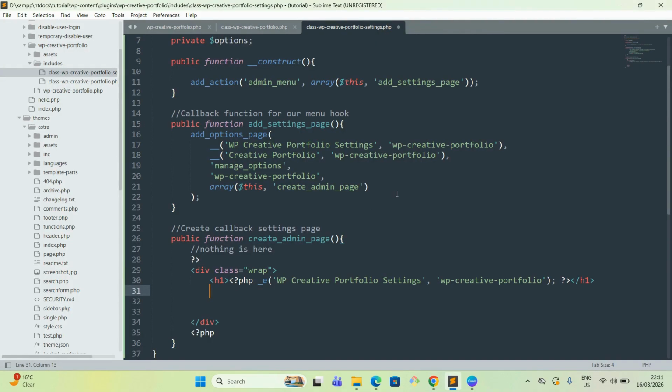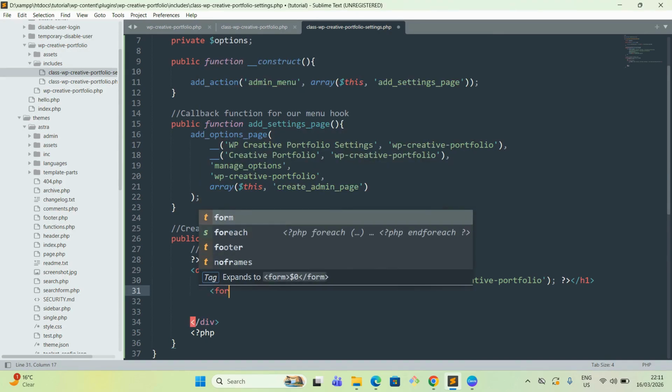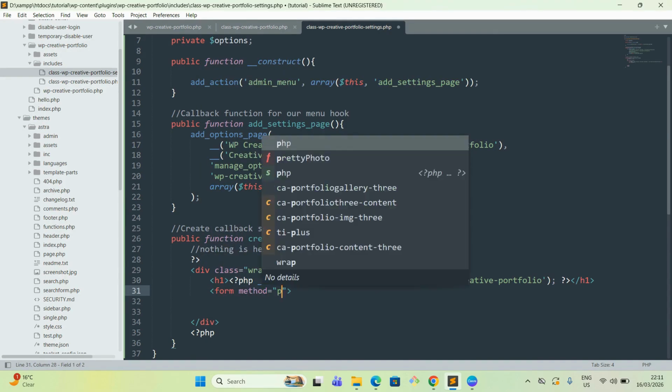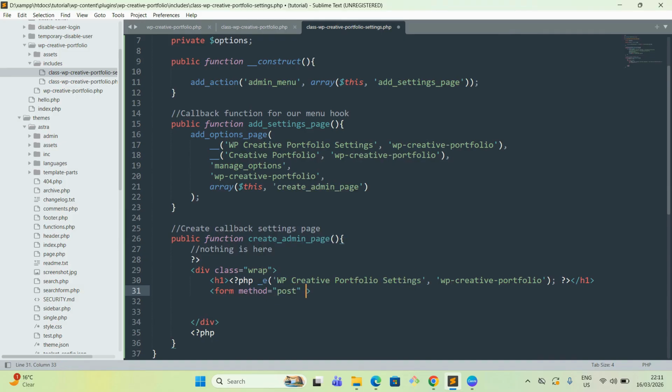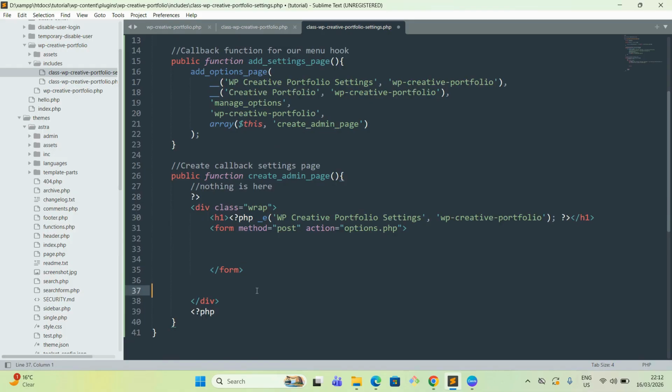To do that, we simply have to create a form. This form will be of method post, and the action of the form will be to the options page. As we are using the settings API, it will by default go to the options page. How will it go to the options page? We can simply use something like